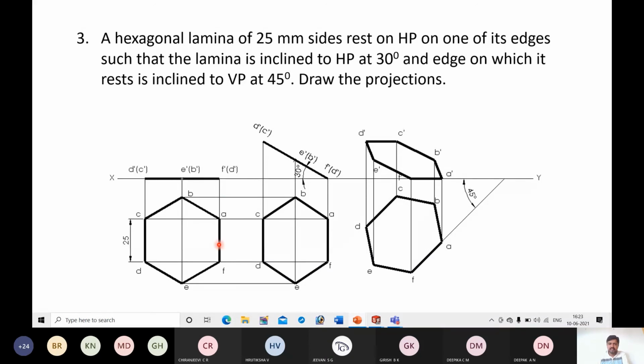If it is resting on a corner, then 2 edges should be parallel. That we will discuss in one more class, in an upcoming class. So first draw the hexagon and name the points in anti-clockwise direction. Dimension it. Then get the front view. Next draw a 30-degree inclined line. On that, mark these points. Using a compass, measure the distance between E and F, get the point E, then E and D, get this point. So get this view, then project the points, get it.